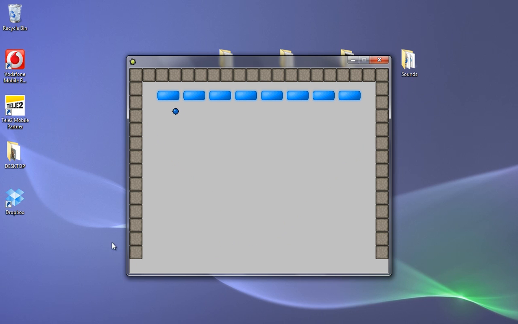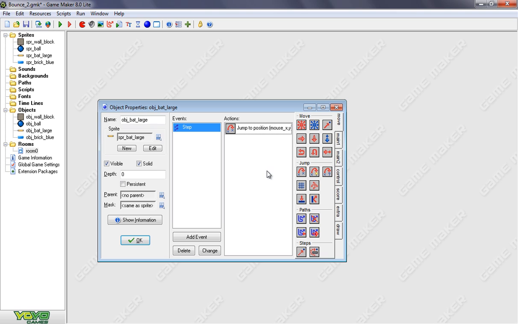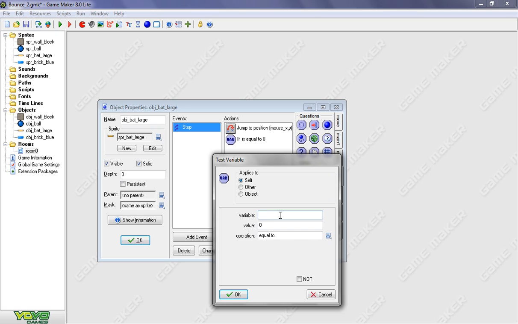Okay, very nice. One thing, as you can see, we can move the bat more to the right so it disappears. We want it to stop here because there's a wall object here, right? And here too. So we have to put some restrictions on how we can move the bat. So we're gonna do this with a question. We're gonna test a variable. So if the X value is less or smaller than a certain value,